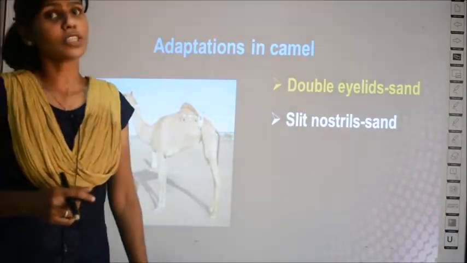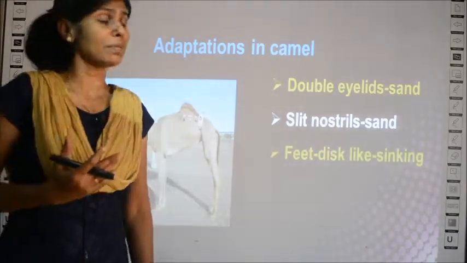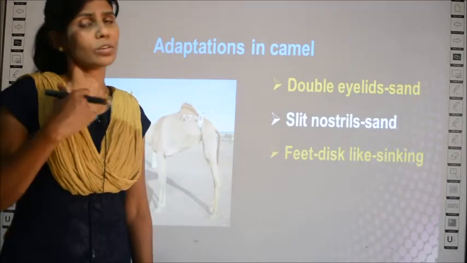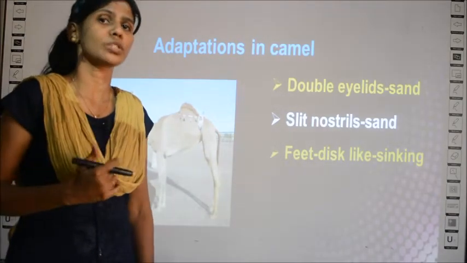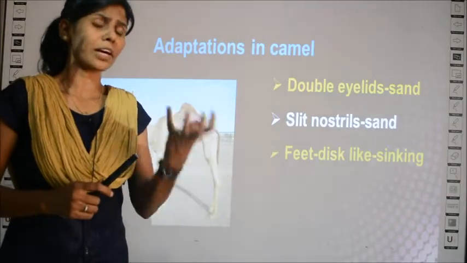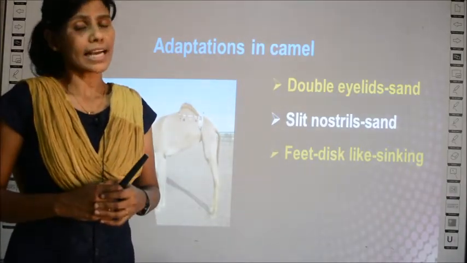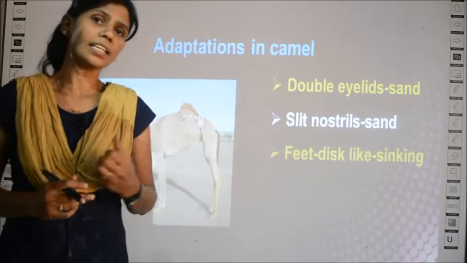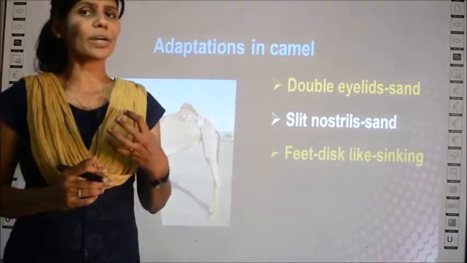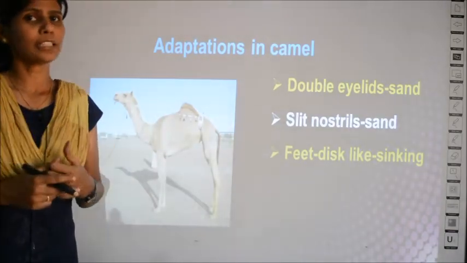The slit nostrils also help them by preventing the sand from entering into their nostrils, that is the nose. The first adaptation is they have double eyelids, so that protects their eyes from the sand entering inside. And the second adaptation in camels is they have slit nostrils, which will protect their nose from the entry of